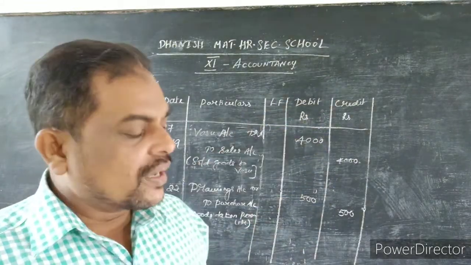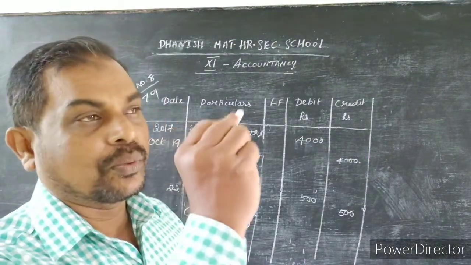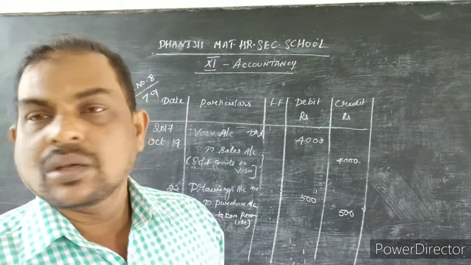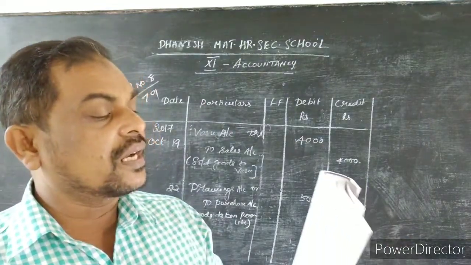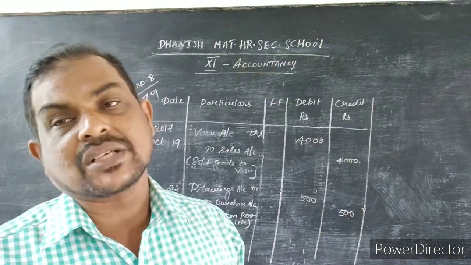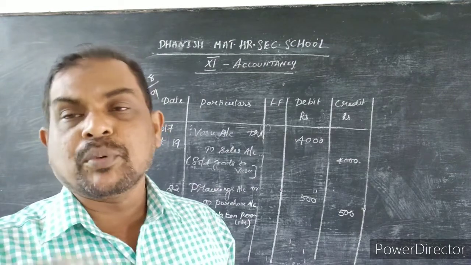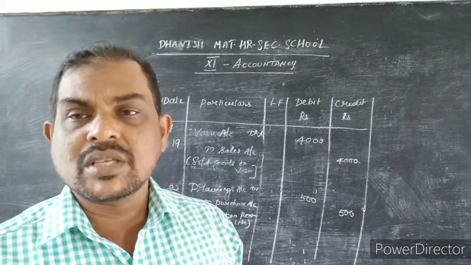Okay, first account. What is the second account? Ganeshan's capital is the second account, so for Ganeshan's capital you put a small hyphen and put 2. Okay, second ledger. What is the third ledger? Deposited cash into bank, so bank account debit to cash account. Bank account is the new one, so bank account will be 3. Cash account we have already numbered, so you don't need to put the number again. You just leave it off.